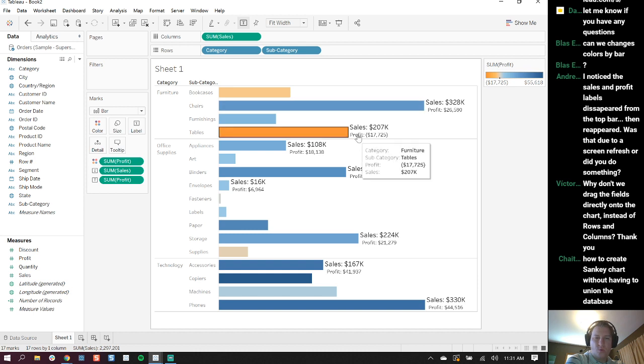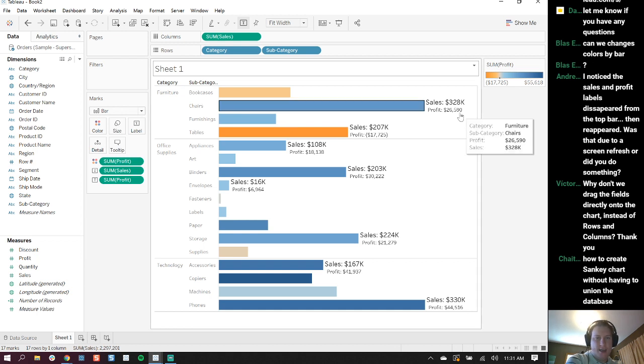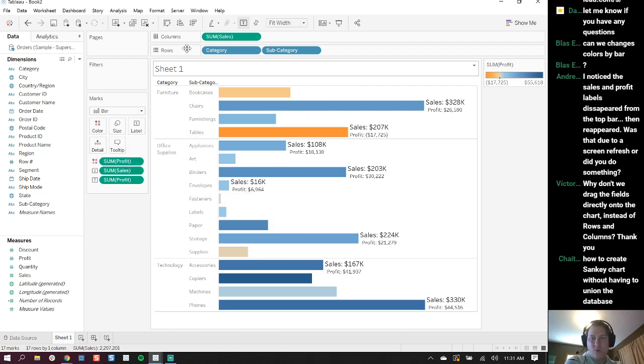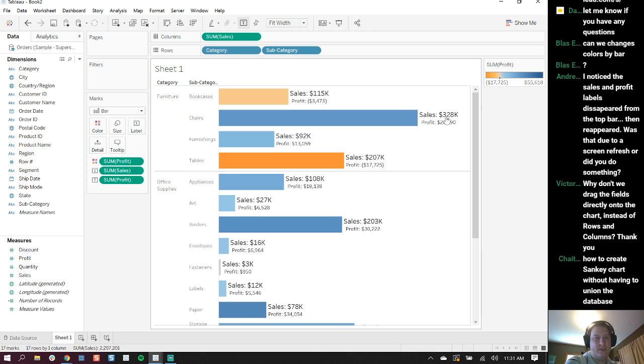So what Tableau does by default is it only puts a label where there's enough room, and you can actually override this functionality. So I can go to label, and I can say allow mark labels to overlap, but that's not a best practice. What I did real quickly is I switched my view from standard to fit width, which will add a scroll bar if needed. And then I just use my cursor to resize to give a little bit more room for the labels. Excellent question,